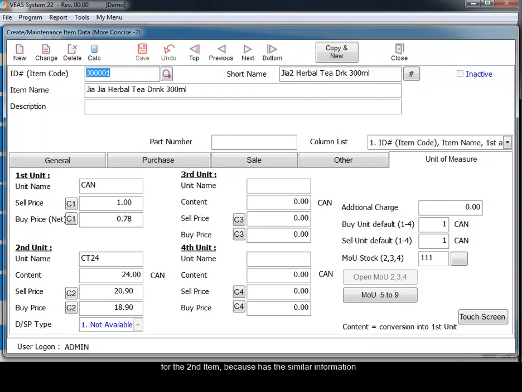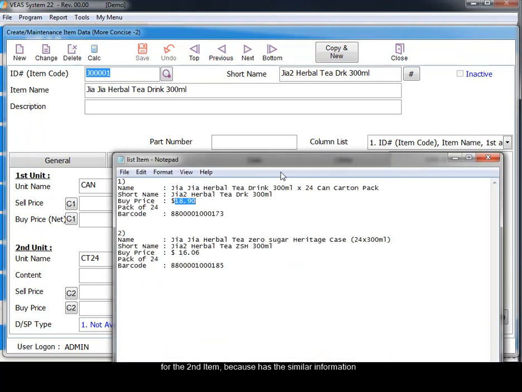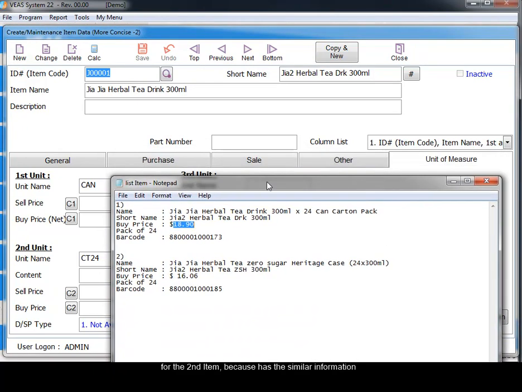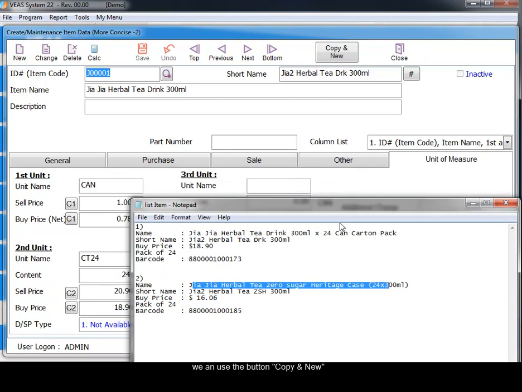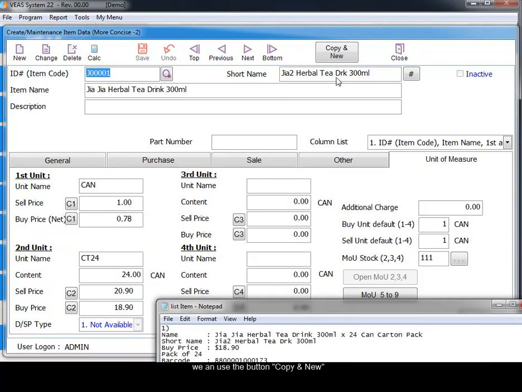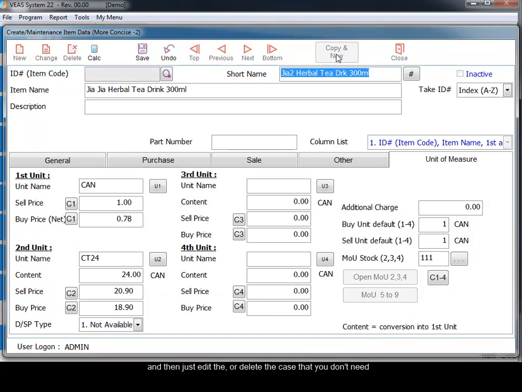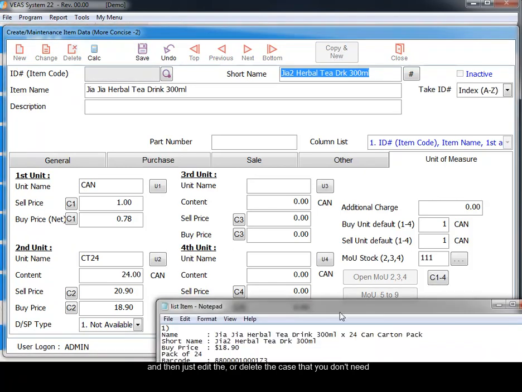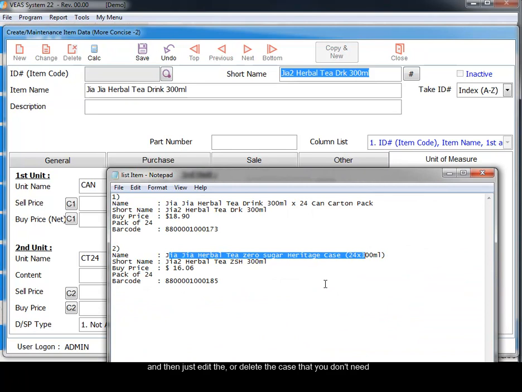For the second item, because it has similar information, we can use the Copy and New button. Press this button and then just edit or delete the text that you don't need.